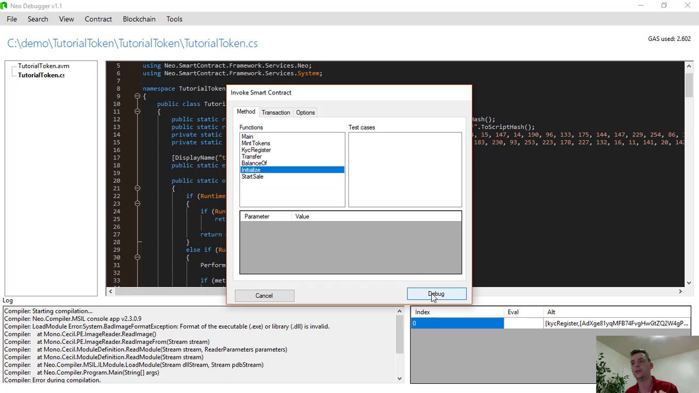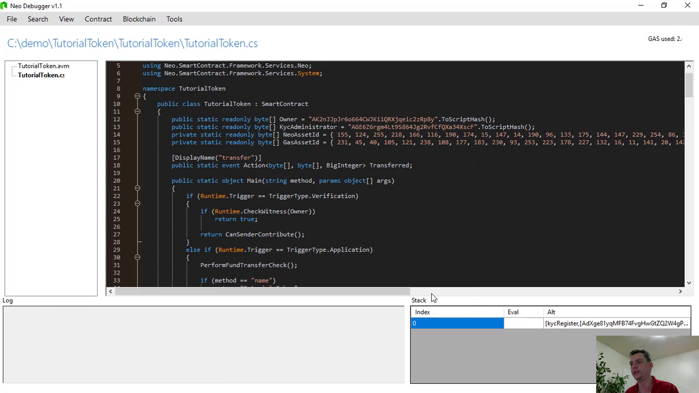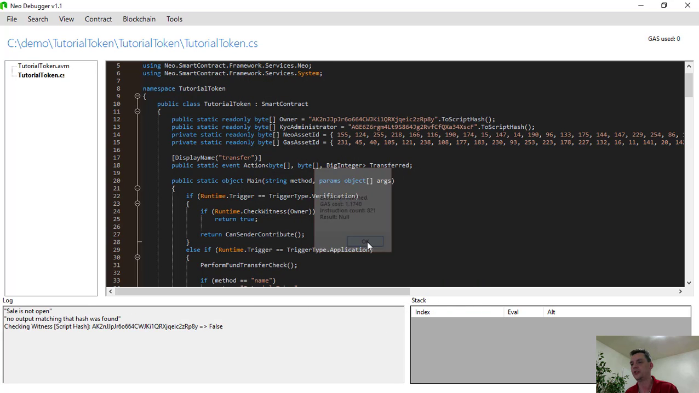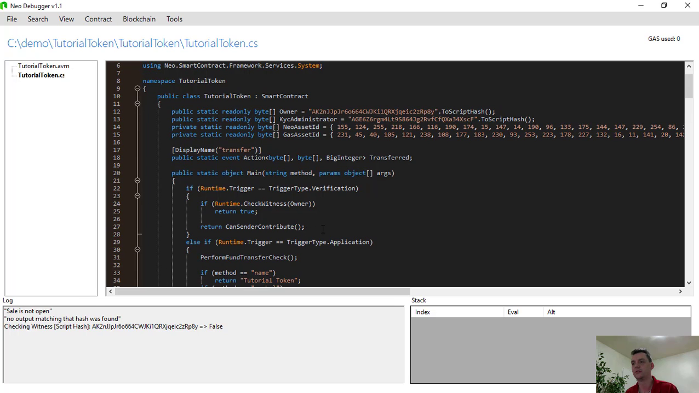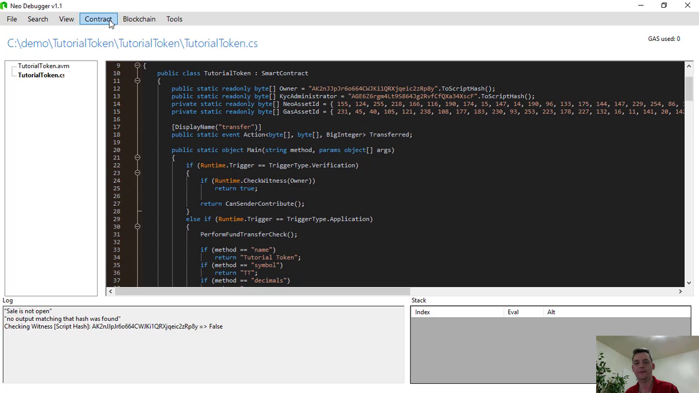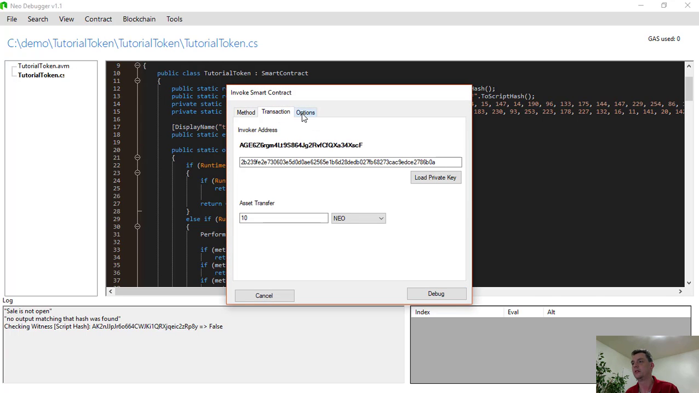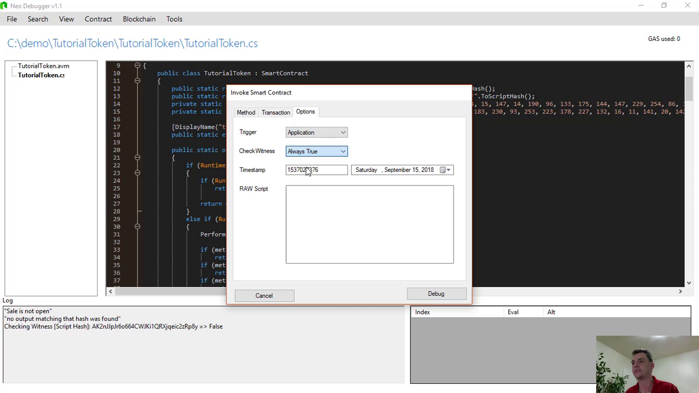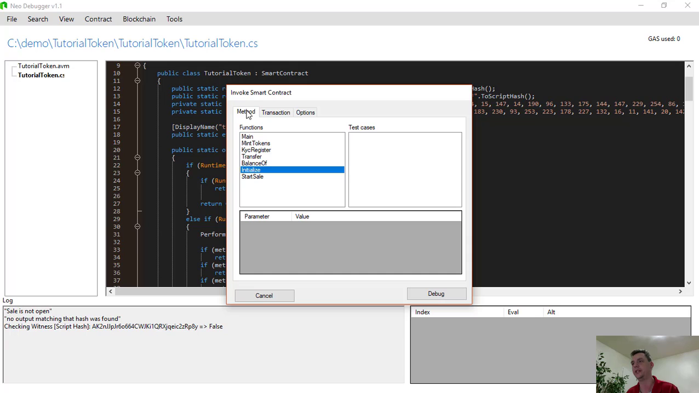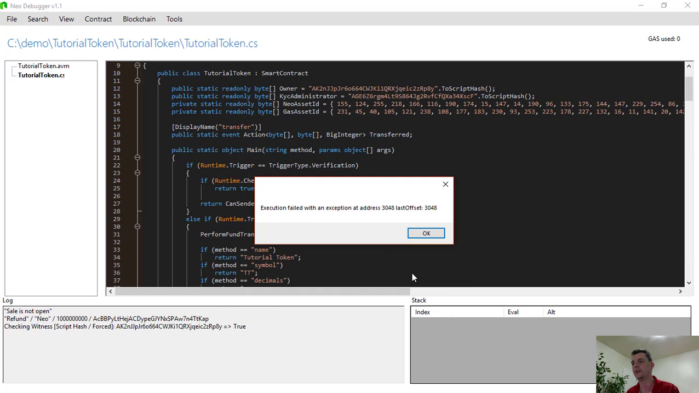The initialize is only going to accept things from the owner, I believe. Checking witness, script hash, return false. Okay, so that is what we want to happen. For the sake of convenience, we can say always return true if we don't want to keep loading and unloading keys here. So I'm just going to run our initialize method,